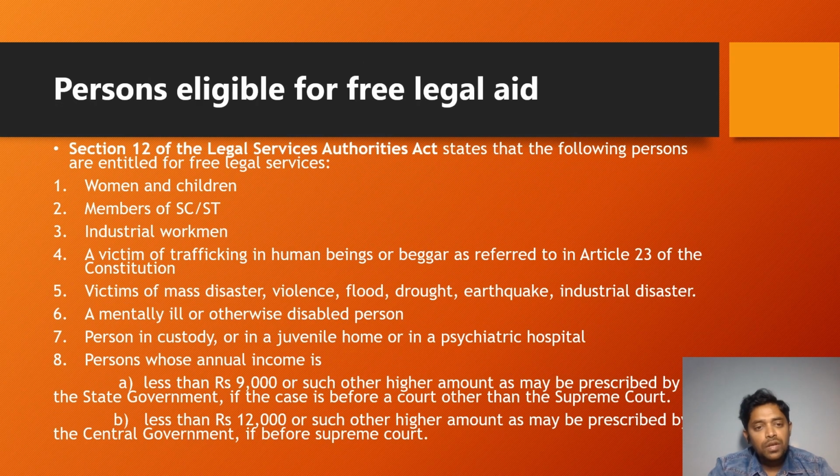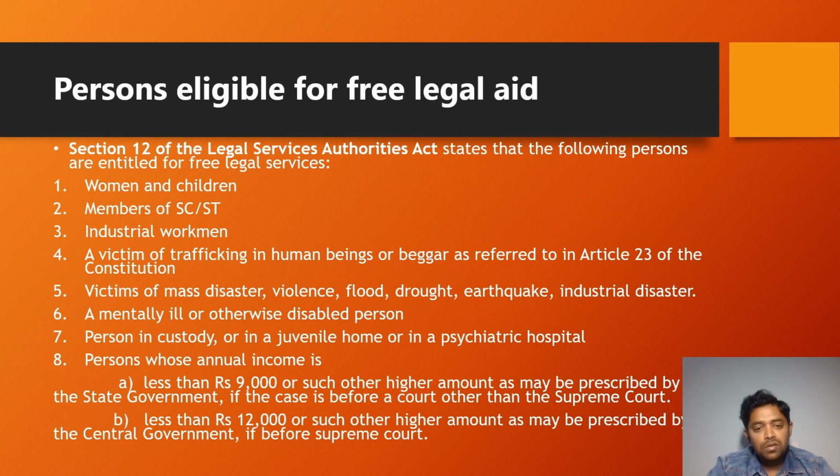Persons eligible for free legal aid. Section 12 of the Legal Services Authorities Act states that the following persons are entitled to free legal services: women and children, members of Scheduled Castes and Scheduled Tribes, industrial workmen, a victim of trafficking in human beings or a beggar as referred to in Article 23 of the Constitution,